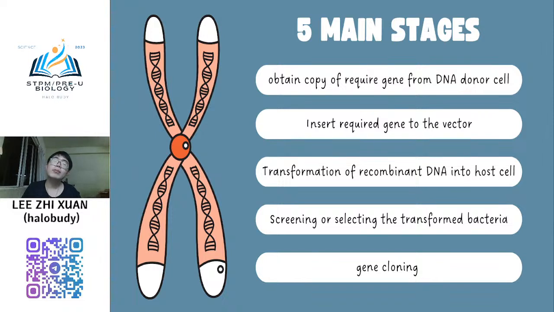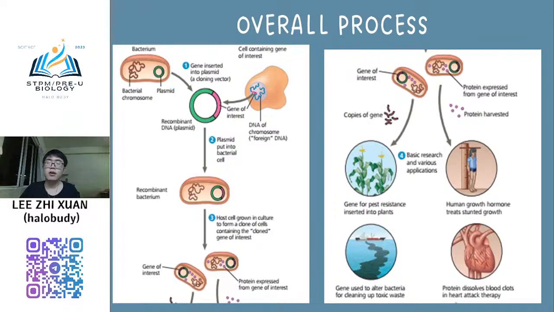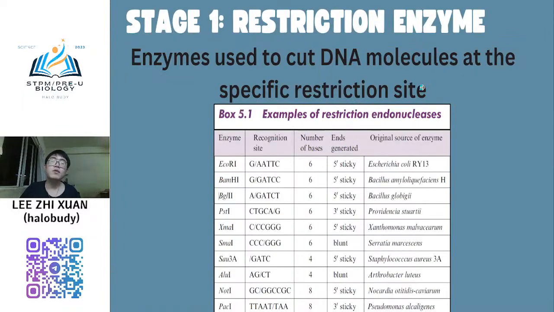Awak kena obtain required gene, meaning gene of interest lah. Mana awak ambil gene of interest? From donor cell lah. Cell yang kami nak. So kami nak DNA ni. Okay. But DNA, we do not use all DNA because we know that DNA is very long. We only use certain part of the gene only.